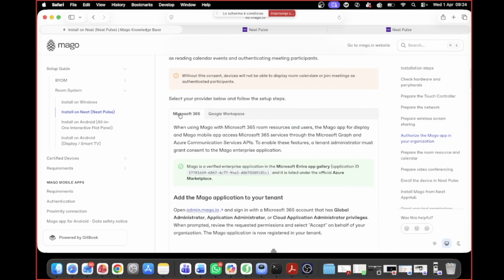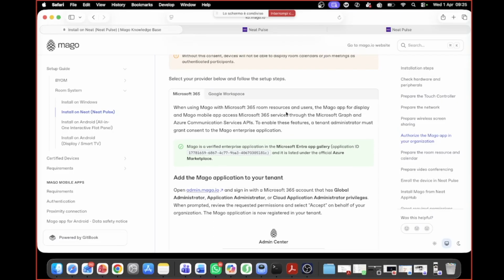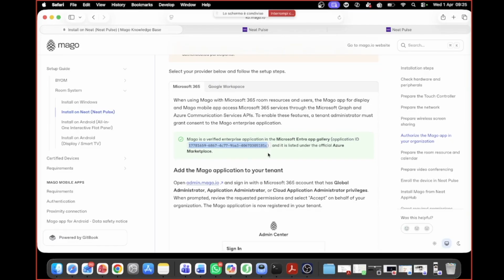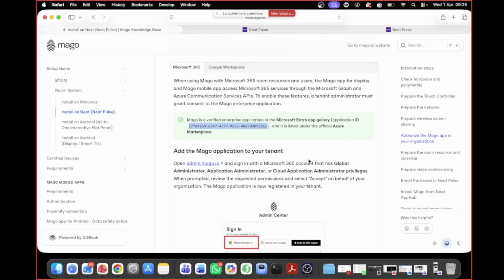Here you see Microsoft or Google. In this case, we are using Microsoft. So we go into the Azure console, or Entra, it is the same, and we have to check that the Mago Enterprise app is available. This is the code if you want to copy and paste. Otherwise, you search in the bar of Entra of Microsoft, and when you add the Mago app, an authentication refers to our admin Mago.io. You sign in with Microsoft with the